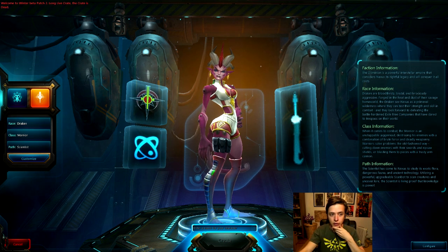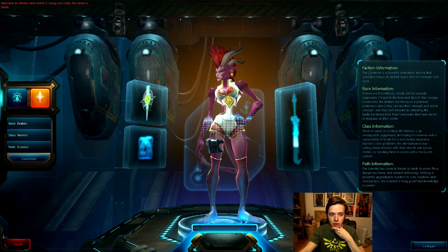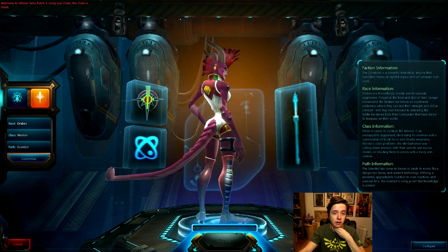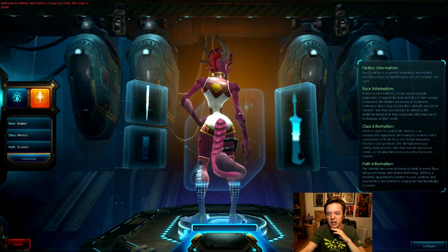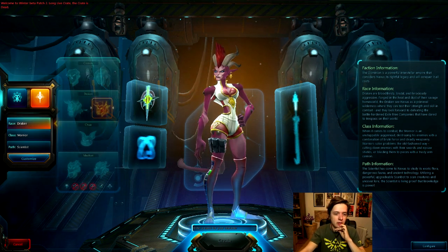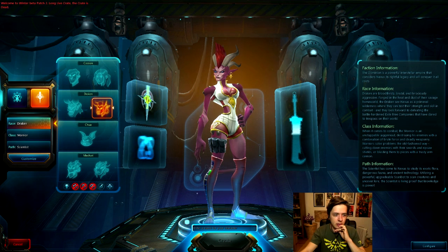So once you pick your faction, I think we're going to pick the Dominion. Yeah, because I really love the Dominion people, even though, you know, they're mean and all. You kind of want to play the evil guy sometimes. So our race is going to be...